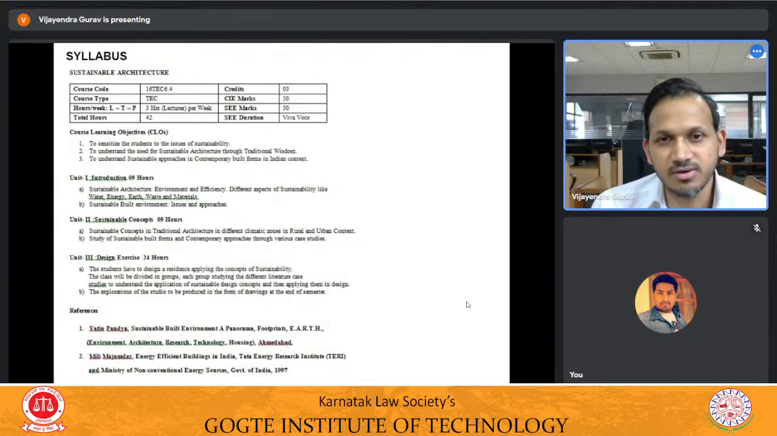For SEE marks, you will be having a Viva exam. So whatever exercise you do throughout this semester, you need to present it during your Viva. That will be marked for 50 marks. In the syllabus, the course learning objectives are to sensitize the students to the issues of sustainability, to understand the need for sustainable architecture through traditional wisdom, and to understand sustainable approaches in contemporary built forms in the Indian context. In unit 1, which is for 9 hours,